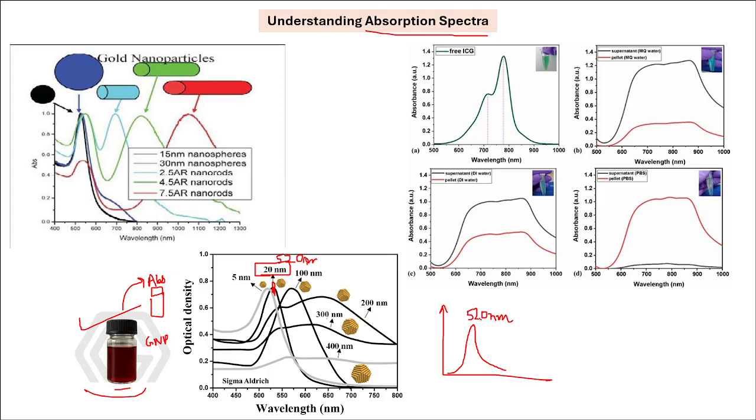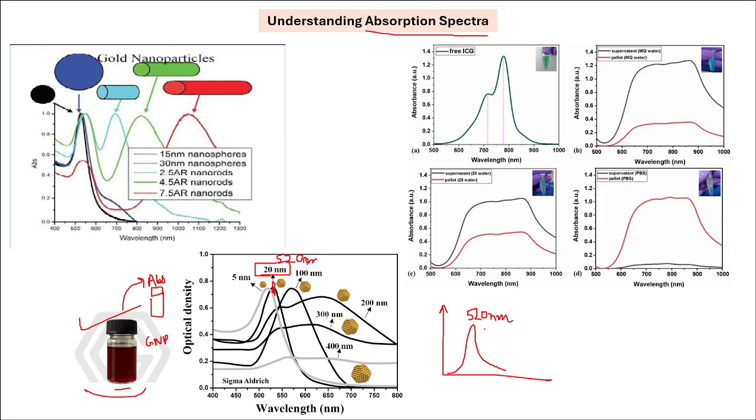You have to experimentally validate with other techniques also, and all those techniques shall correlate with each other in order to conclusively say that whatever nanoparticles you are proposing, that we are synthesizing gold nanoparticles, these are spherical in shape, the size is 20, the diameter is 20 nanometer. So in order to say that conclusively, you need to corroborate each of the different findings with each other. Now we'll see one by one how that happens.